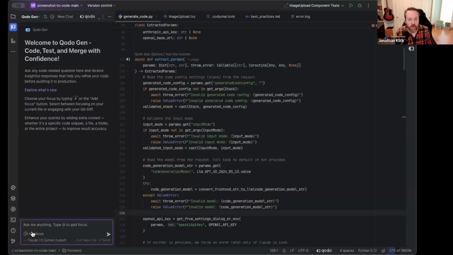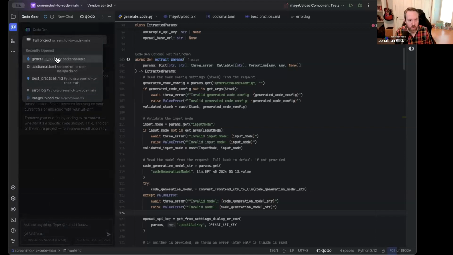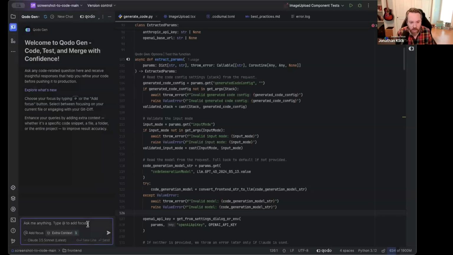So what we're going to do here is add a focus, as the name implies. Actually, before I add a focus, I'm going to play around with adding some extra context. In this case, we're going to assume I really don't know too much about the project or where I need to go. I'm going to add in a folder or part of the project. Again, I'm not familiar with the project, so I'm just going to add in the full project as part of the index. For the briefest moment, you saw a little progress line and it disappeared. It actually just indexed that project.